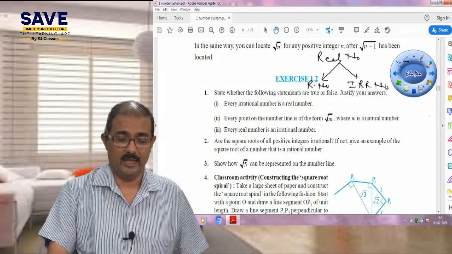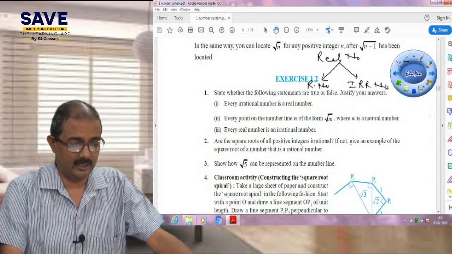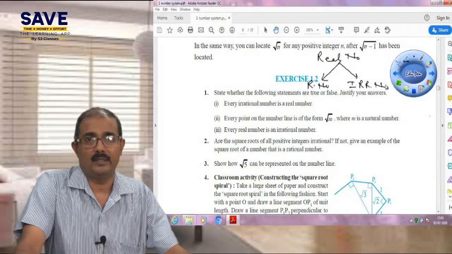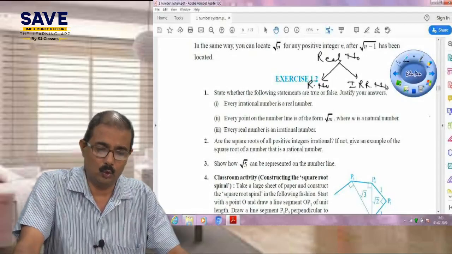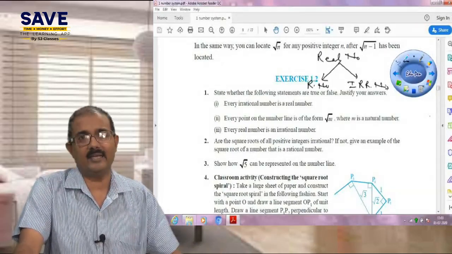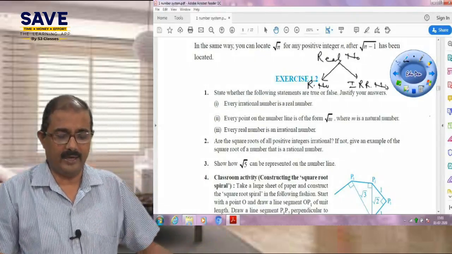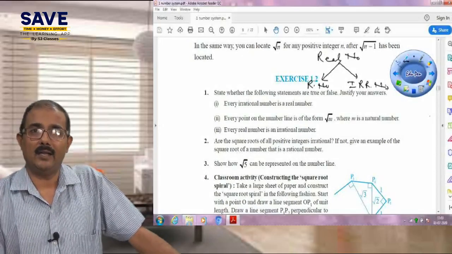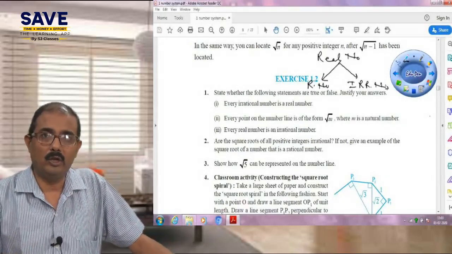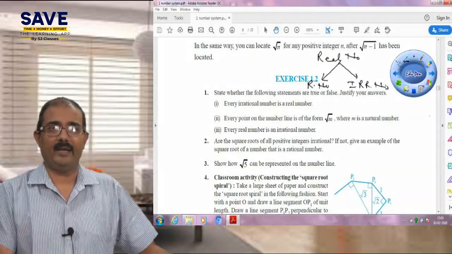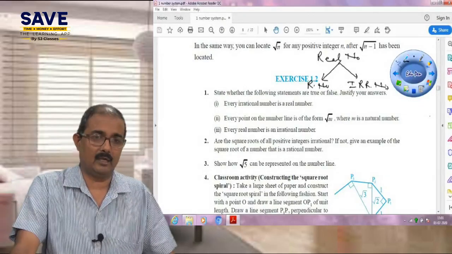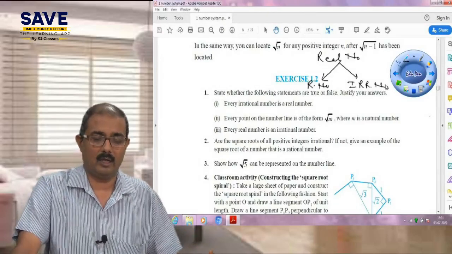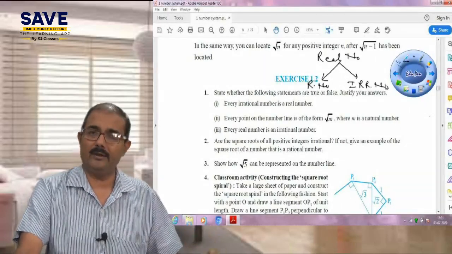We discussed yesterday, and I am telling you again and again in this lecture also, rational numbers are in the form P upon Q, or terminating decimals or non-terminating repeating decimals, and irrational numbers are non-terminating, non-repeating decimals. You should have a good command, or you should know very well what real numbers, rational numbers and irrational numbers are.